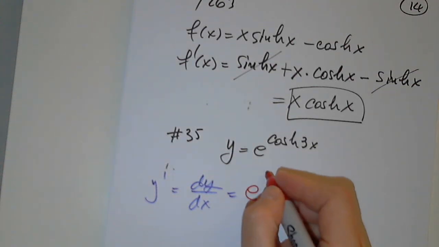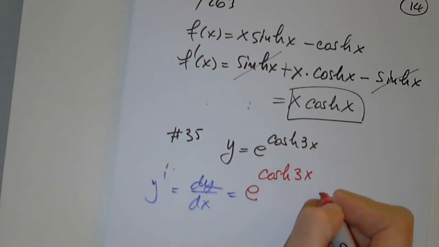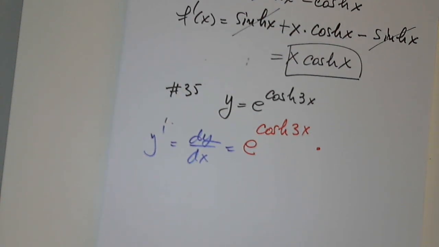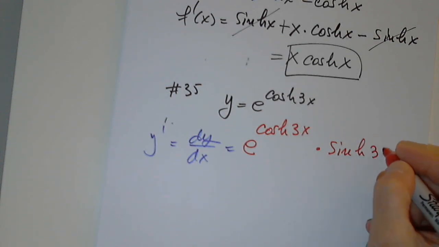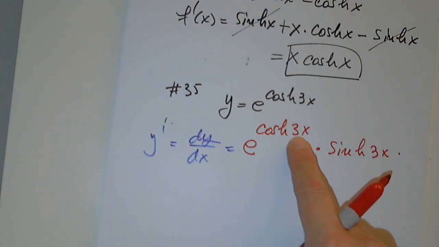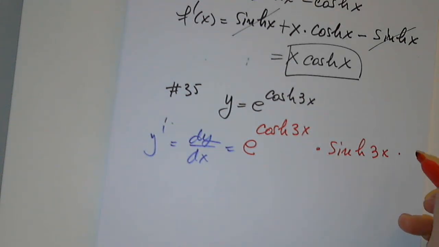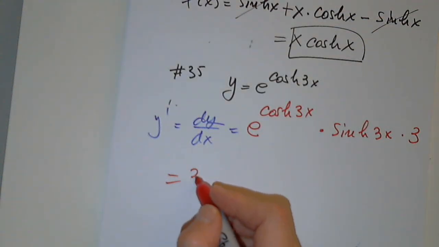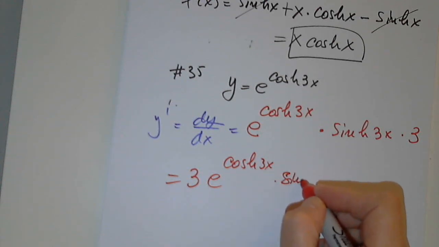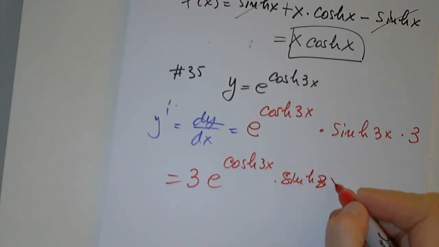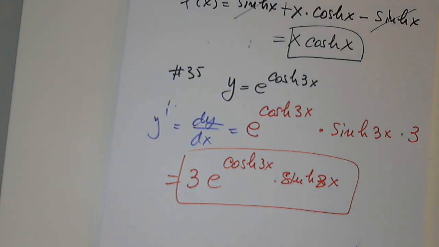So I have to write e to the hyperbolic cosine 3x times hyperbolic sine 3x times 3. You can rewrite it, but that's it. We cannot do anything else. So e to hyperbolic cosine 3x times 3 times hyperbolic sine 3x. This is it. So just remember that hyperbolic functions are combos of